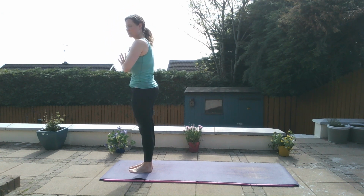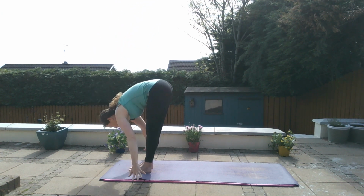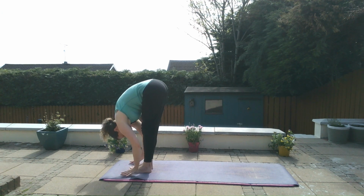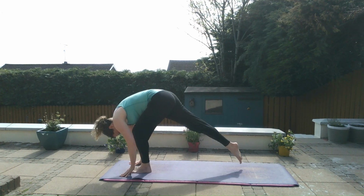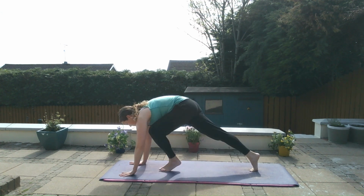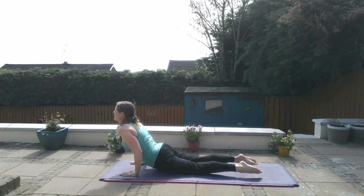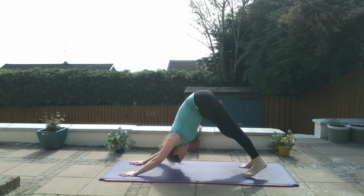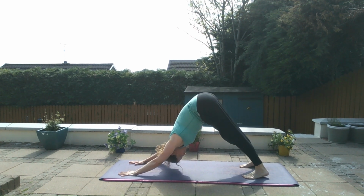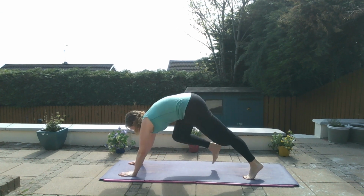Two more times just like that, each time working a little bit deeper into the poses, but still respecting your body and never pushing too far, obviously. Flat back, folding forward, right leg goes back, feet together, chaturanga, knees down if you'd like, up dog, and down dog. Let's take one breath in down dog. Right leg comes through,